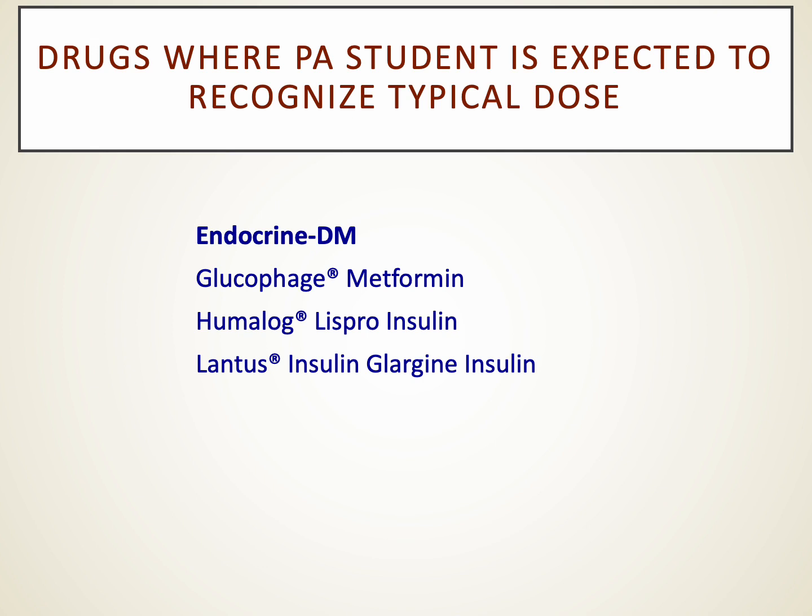Here's a list of some common drugs still used in diabetes management that you may be expected to have some familiarity with dosing. I did not include here the GLP-1s and the SGLT2s only because there's an array of different agents available, and the particular dosing can be a little more complicated. But expect that in type 2 diabetes, you're going to see many patients still on metformin and many patients on GLP-1s, SGLT2s, and also you should be familiar with standard insulin dosing as it relates to what we see in the hospital for control, prandial, and